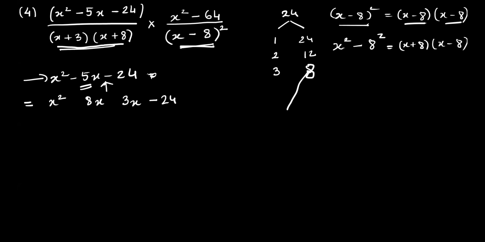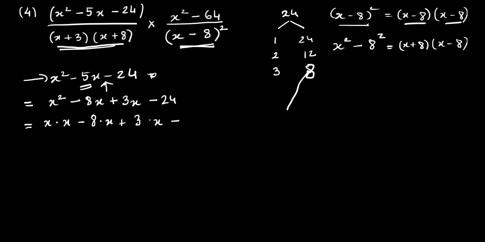Now tell me, दोनों को add करके 5 आया, subtract करके? Subtract करके. So signs are same or different? Since it is minus 5, the signs are different. And this minus will go to 8 or 3? It will go to 8. Correct. Because it is a bigger number. If this is minus, then this is plus. Correct. Now, do you remember we used to write it? x into x minus 8, plus 3 into x minus 3 इधर है तो इधर भी आना चाहिए.